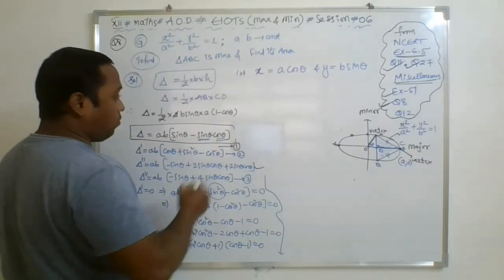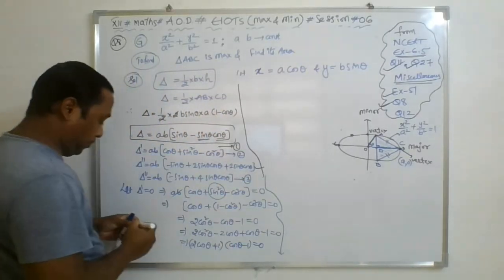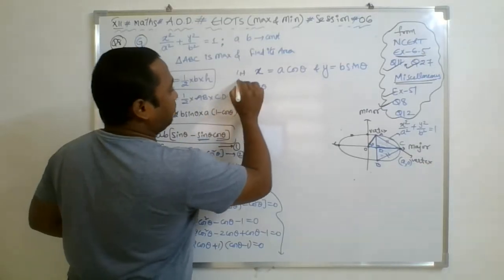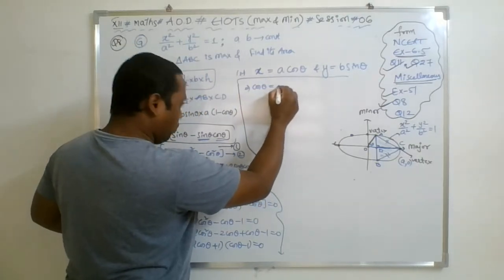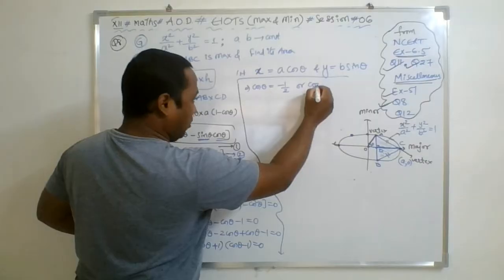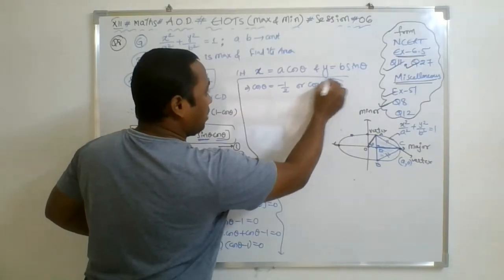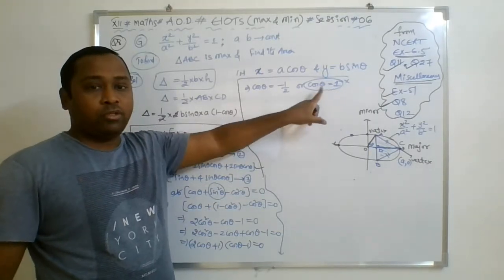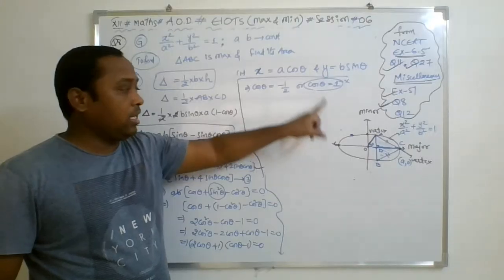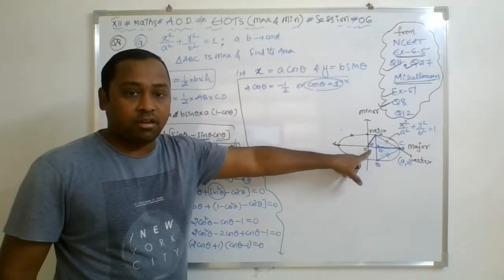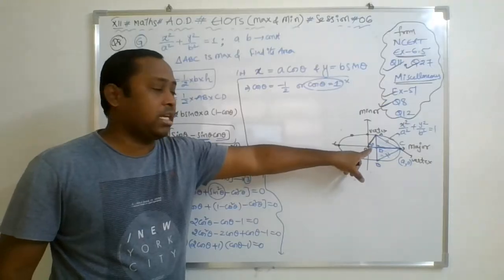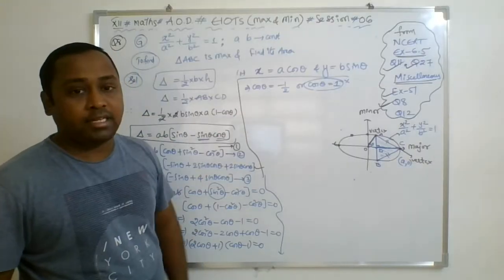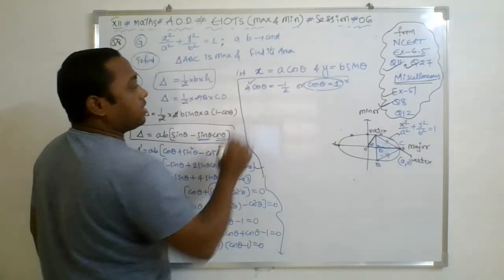Now what we have, what are the critical points we are going to get. Either cos theta is equal to minus 1 by 2 or cos theta is equal to 1. Again, this critical point is not possible. If cos theta is equal to 1, then theta is equal to what? 90 degrees. And in this right angle triangle, theta cannot be 90 because this theta is an acute angle, we assumed, right? So hence it cannot be 90, so hence this is not a valid critical point.